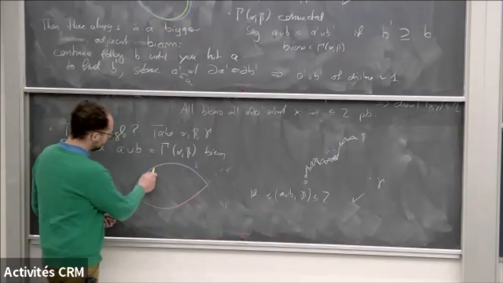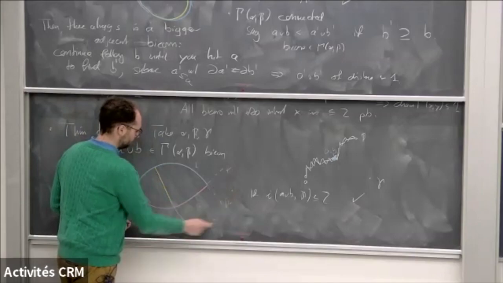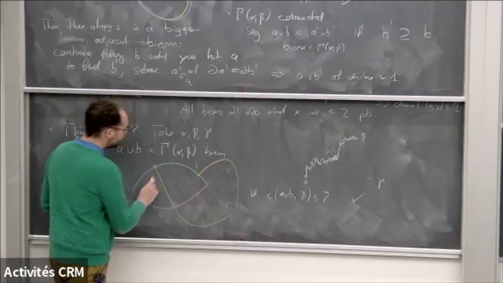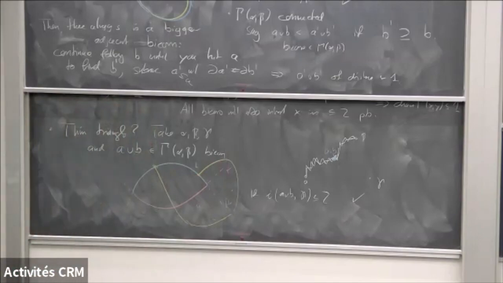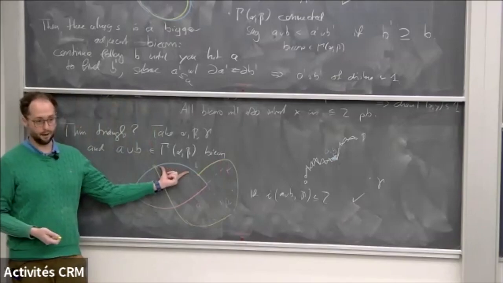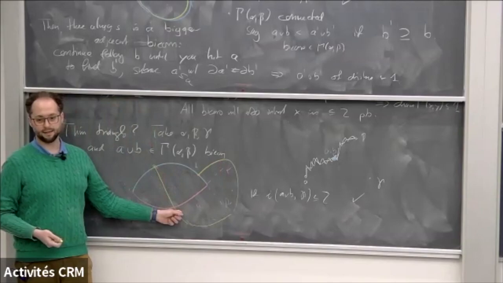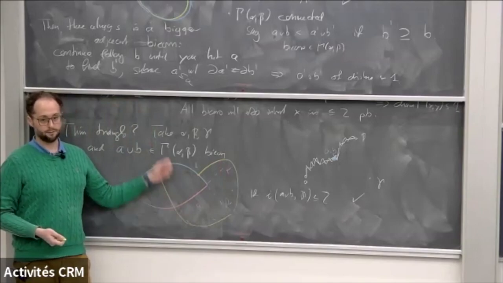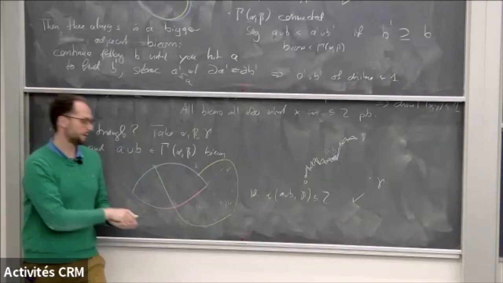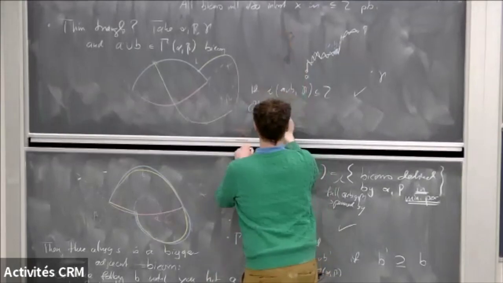That means that I can find a subarc. Let's draw it like this. You can find a subarc of gamma, which has both endpoints on, say, beta, and intersects alpha in B and intersects A in a single point. Right? You follow for the shortest amount of time until you hit the same type of interval back. So otherwise, take a subarc